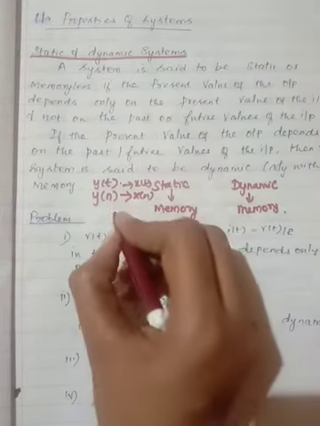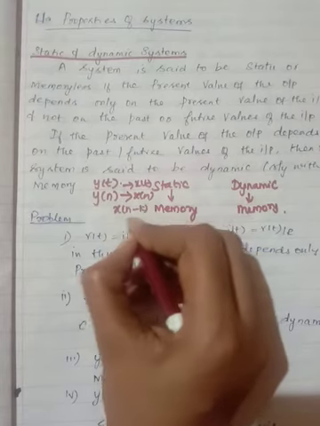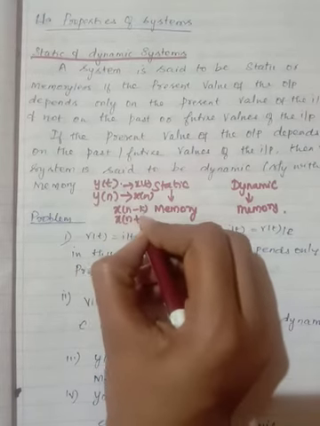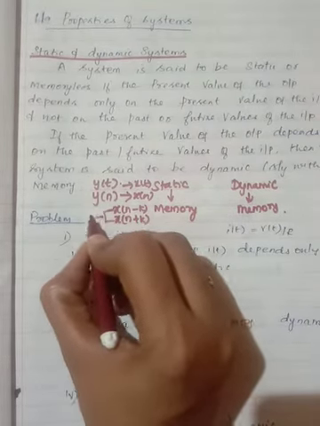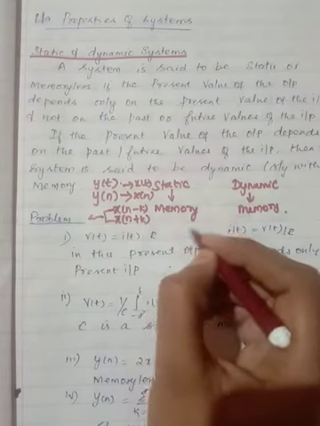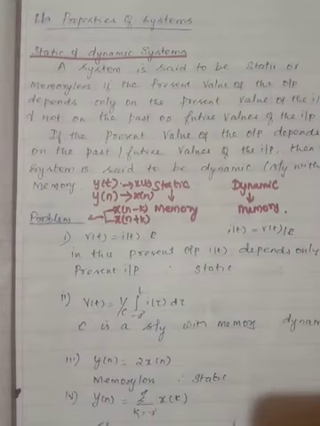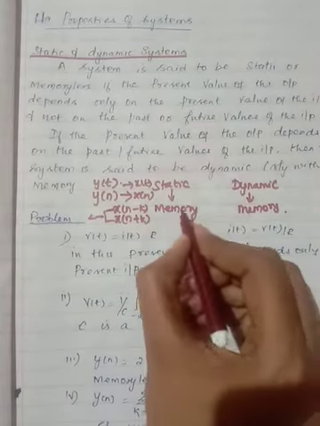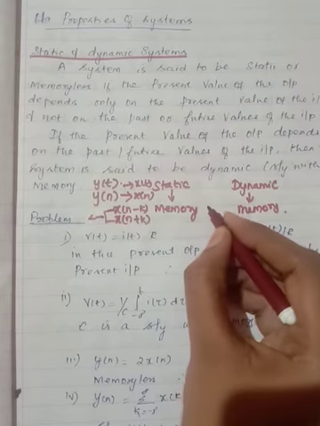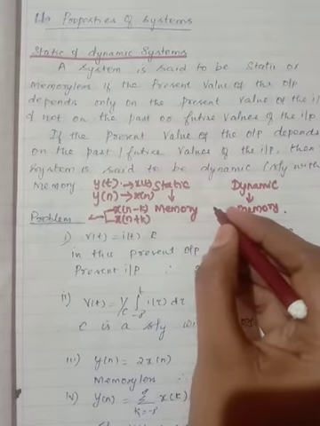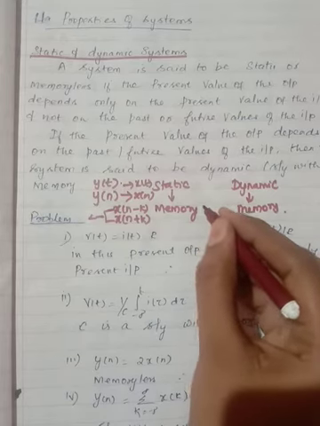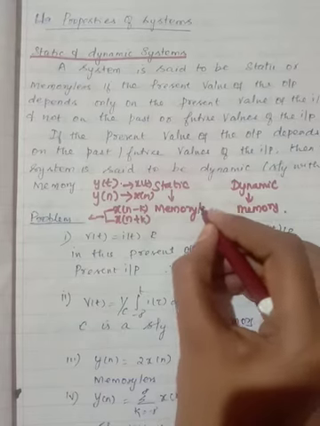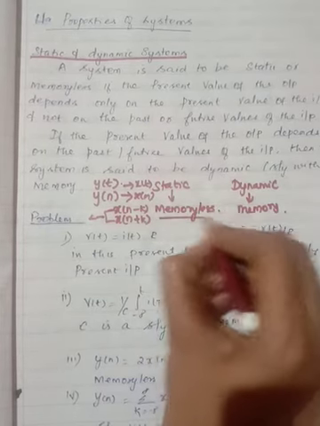If the output depends on past values, such as x of n minus k, or future values, that is advanced values, such as x of n plus k, then in order to store these you need a memory, right? Only then are we able to give the output at the current time. So in a static system, the output depends only upon the present value of the input and does not depend upon past or future values of the input. There is no need of memory, so it is a memoryless system.